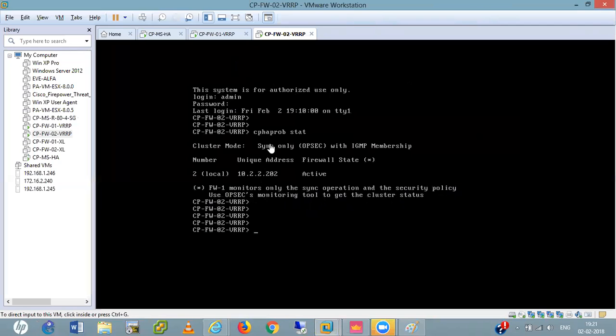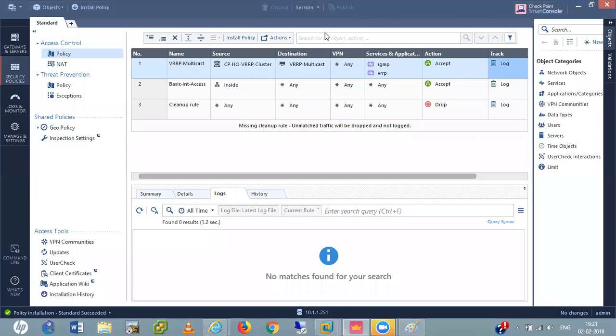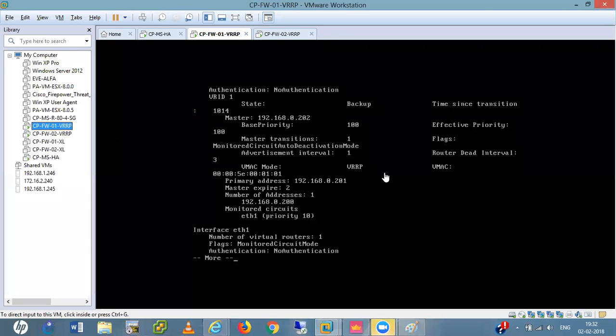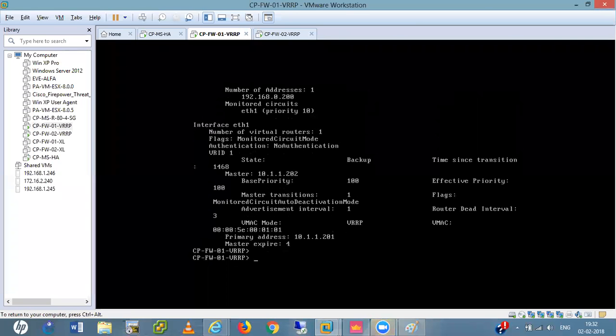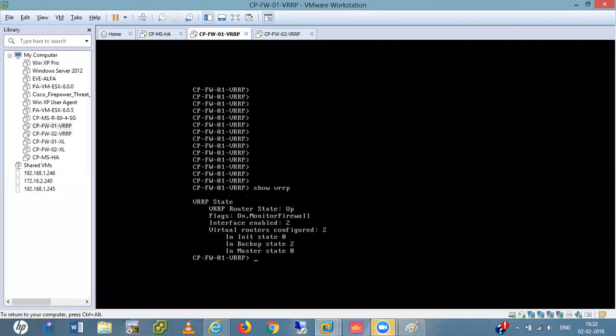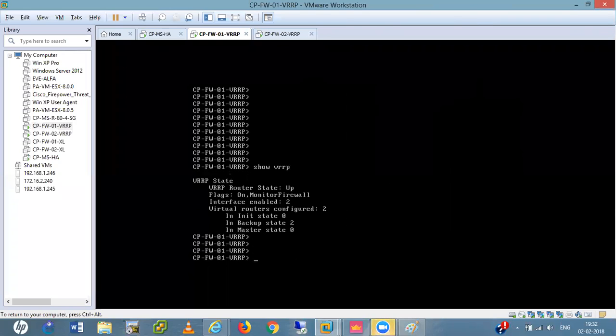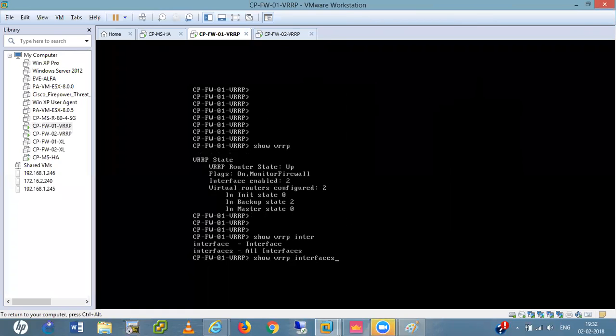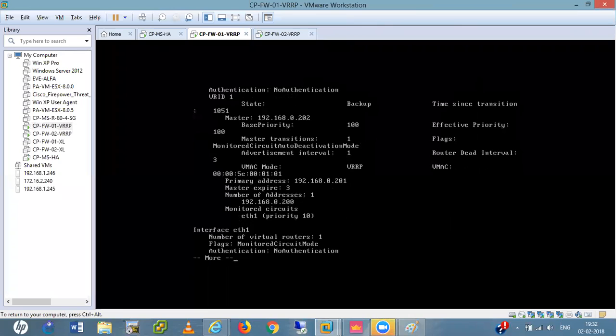We have some problem. Can you give me 5 minutes? Okay, actually I have to check the guide for that. See, we are using BRRP here, right? These are the commands to see the BRRP information. This gives the small database like BRRP states and flags. State is up, which firewall monitor is enabled on the interface. If we want to see the BRRP interfaces, then we run this command. So BRRP interfaces, and we get much more details.